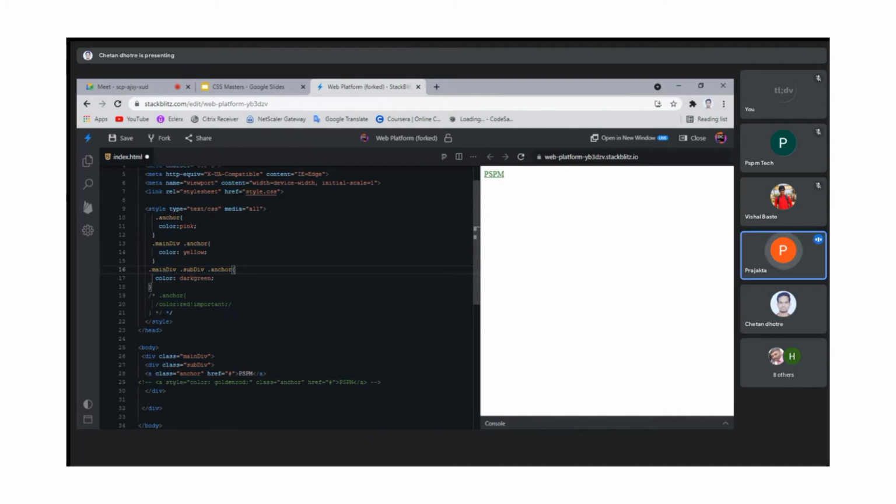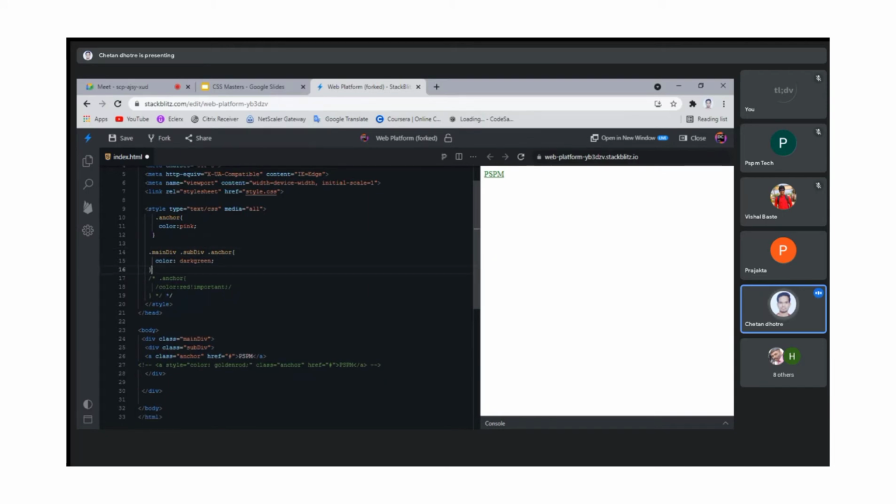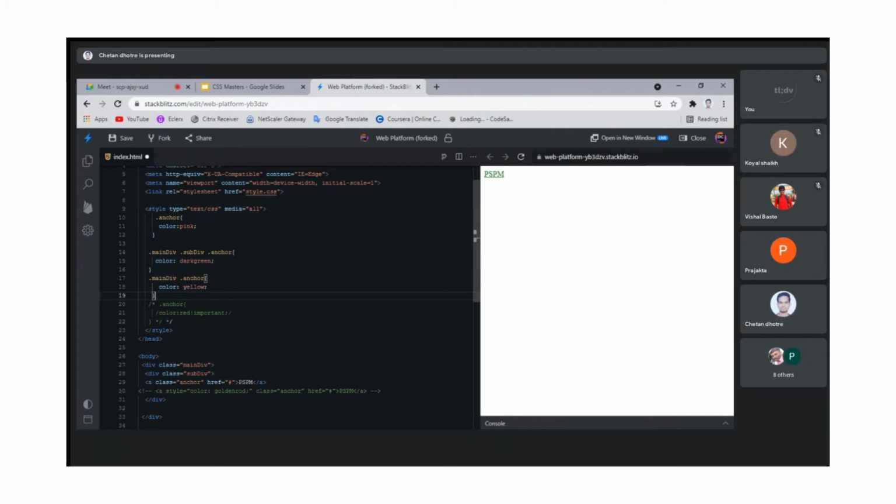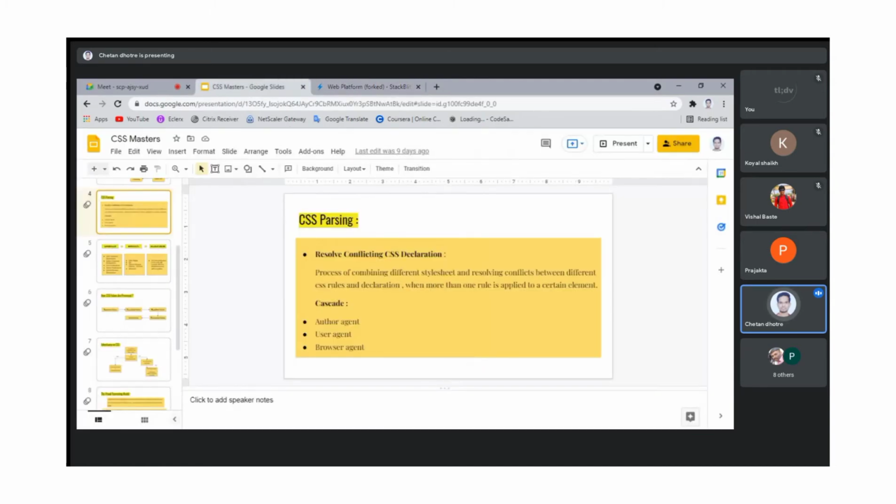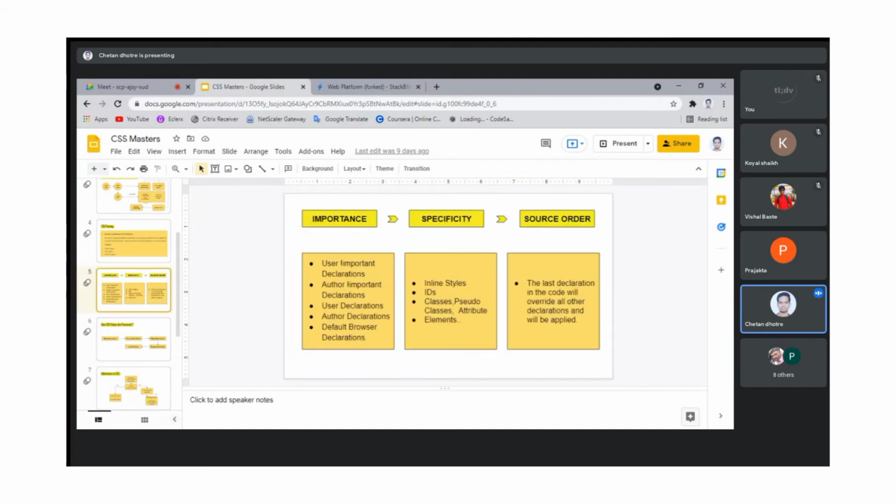I think maybe it starts from the bottom, right? Yeah, it starts from the bottom, but I used it. Okay, that's good. But what if I keep this class and put it at the end? What happens? Nothing, it will not change. That's why I told you in the slides that there is an importance. Where is that? Okay, here you go.